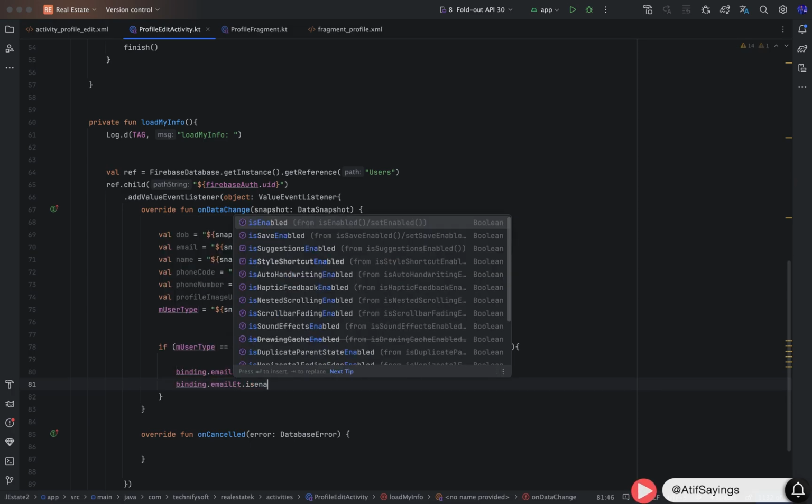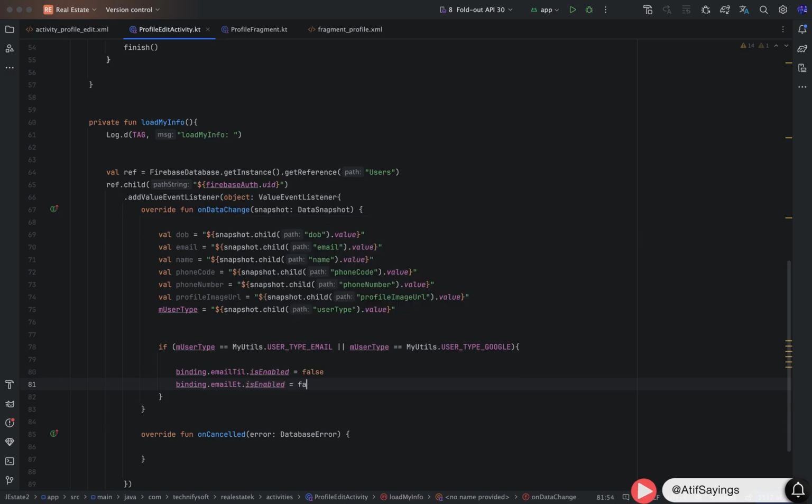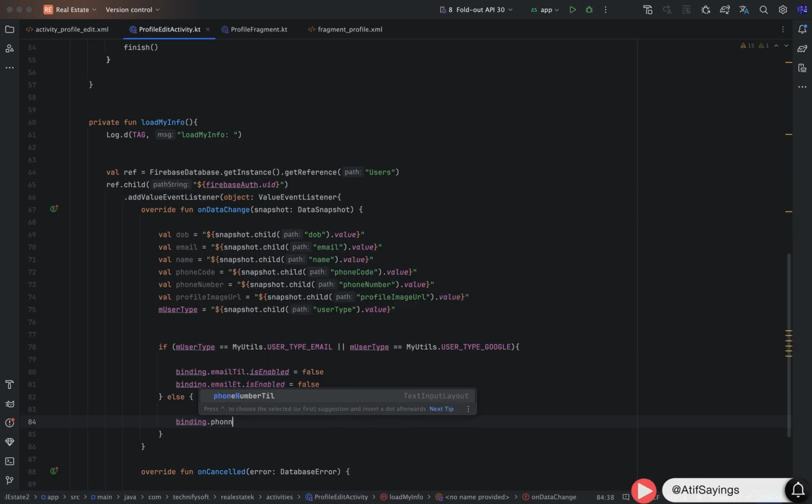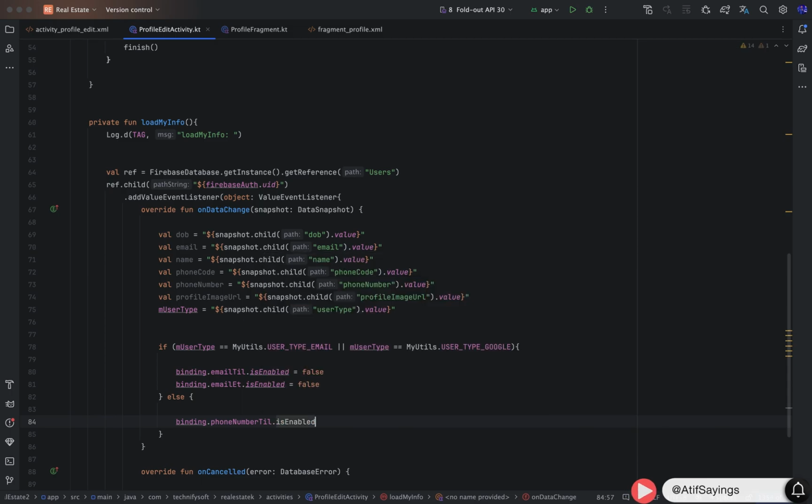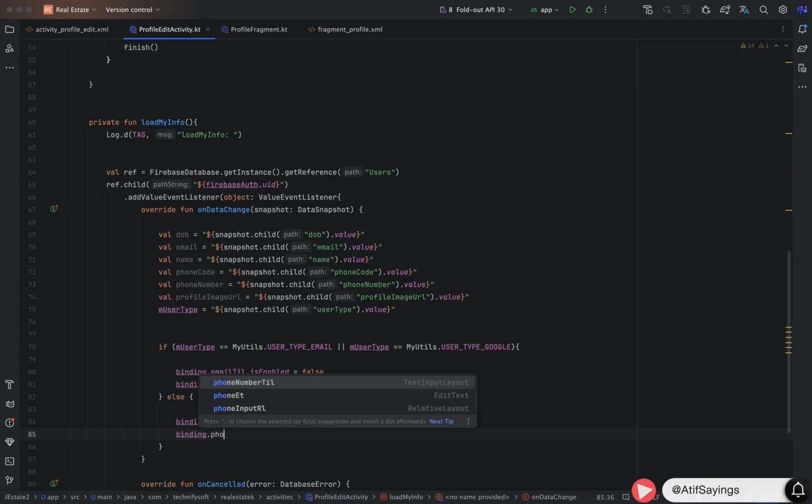Binding dot email edit text dot is enabled equal to false. Now we will create an else statement which will be called if the user has created the account using phone number. So in that case we will not allow user to update the phone number. Binding dot phone number text input field dot is enabled equal to false, and binding dot phone number edit text